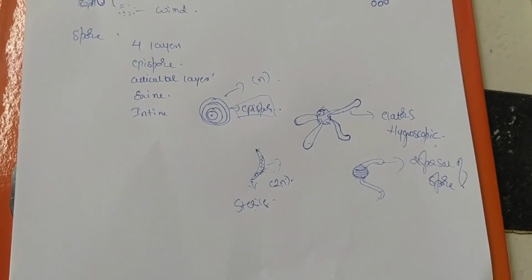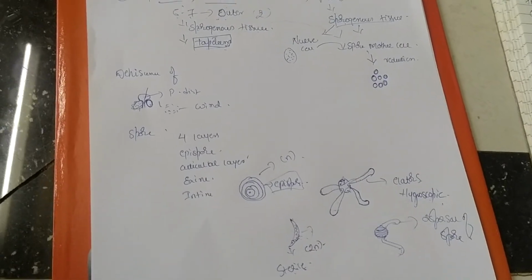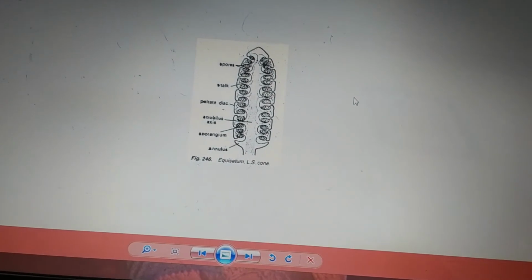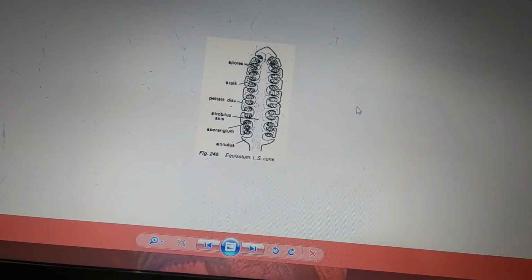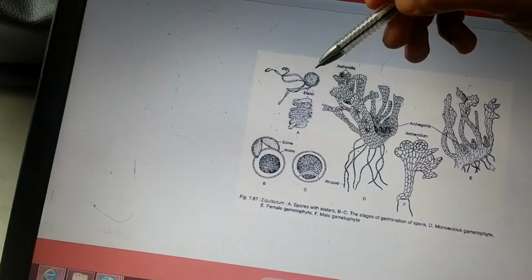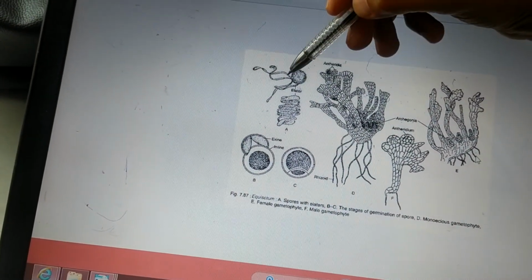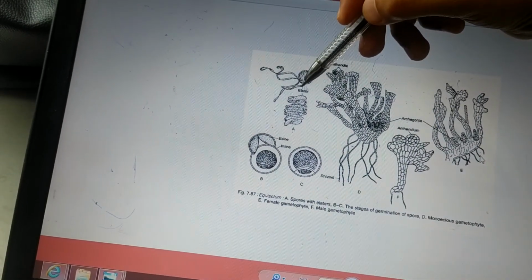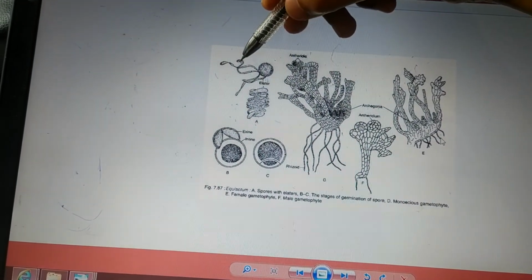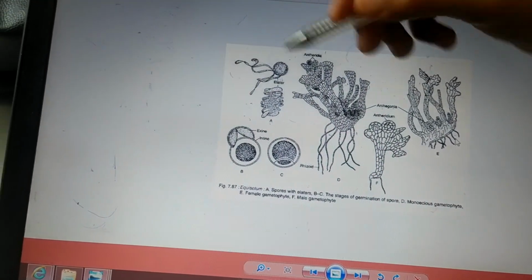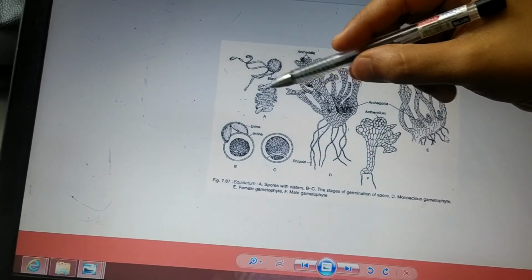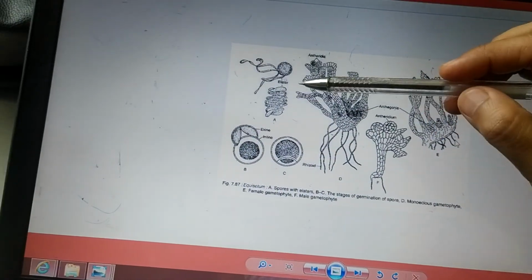So these were the different steps in the developmental stages of a sporangium. This is the structure of a mature sporangium. This is the LS of a cone. In this picture, this is the spore and these are the elaters. These are 1, 2, 3, 4 ribbon-like structures, and their tips end in a spoon-like thickening. This is a spore surrounded by the elaters, so the spore is not visible here.